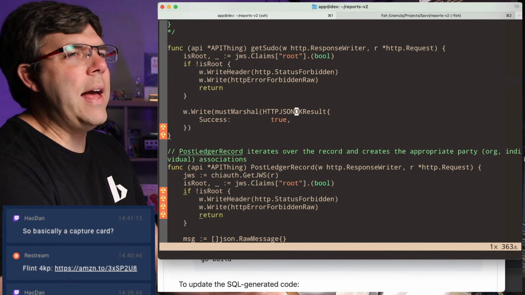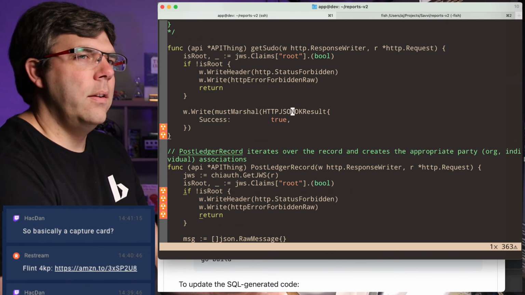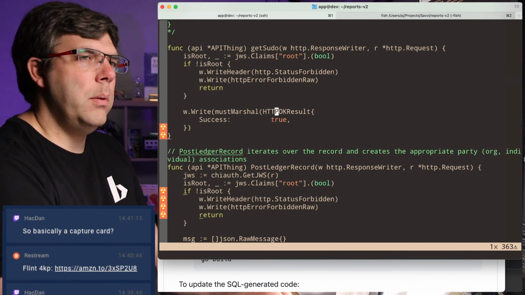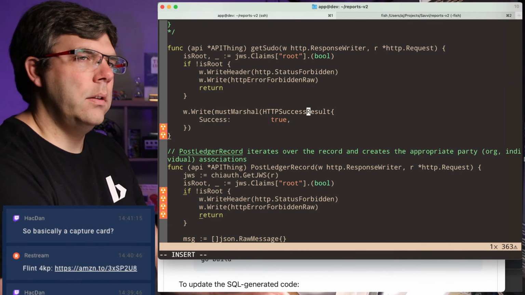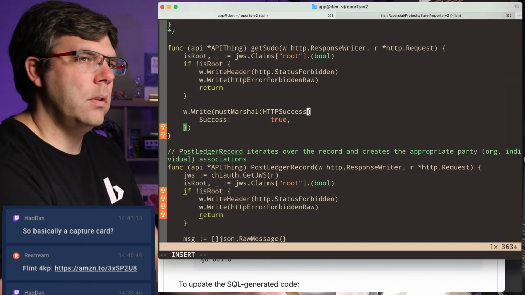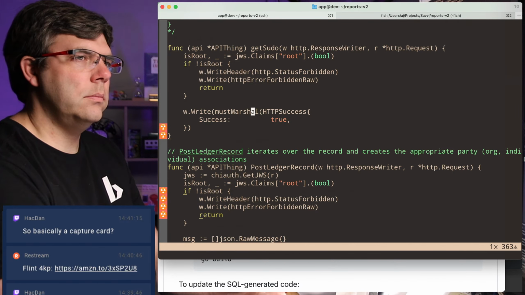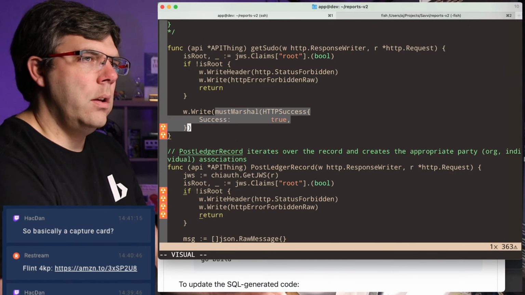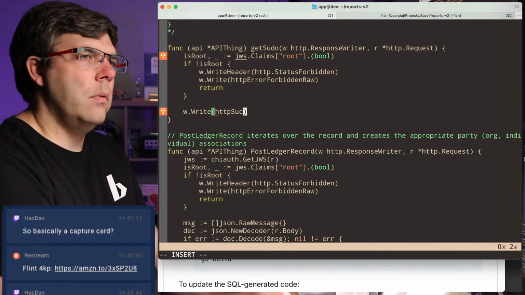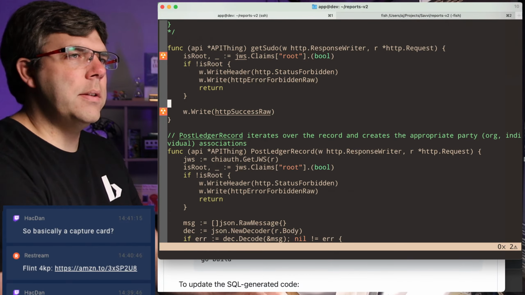There we go. Look at that. That's not confusing. Maybe I'll just put HTTP success. Yeah, I think this is going to be one that I can have. All right, we're going to have HTTP success raw.